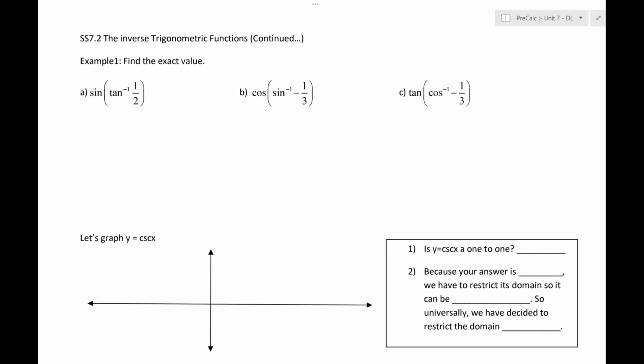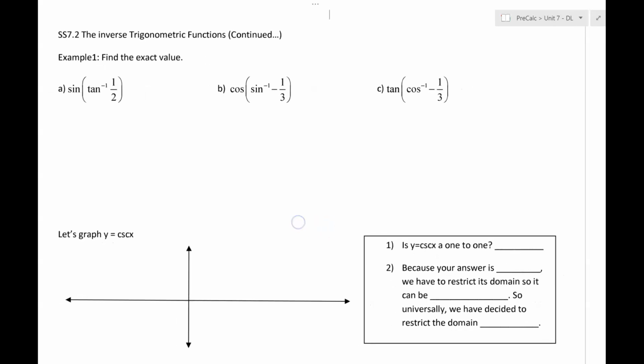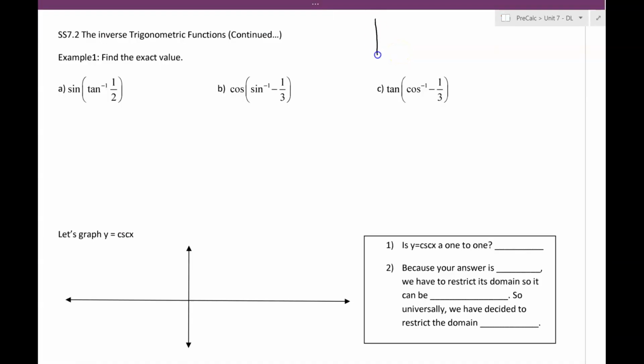All right, we are back to inverse trig functions. We saw in the past, like 2 weeks ago, that there are restrictions on the domain of our inverse functions. And here's why. Well, in the first quadrant, all trig functions are positive. Okay, second quadrant, sine and its reciprocal cosecant. Third quadrant, tangent and its reciprocal cotangent, and then fourth quadrant, cosine and its reciprocal